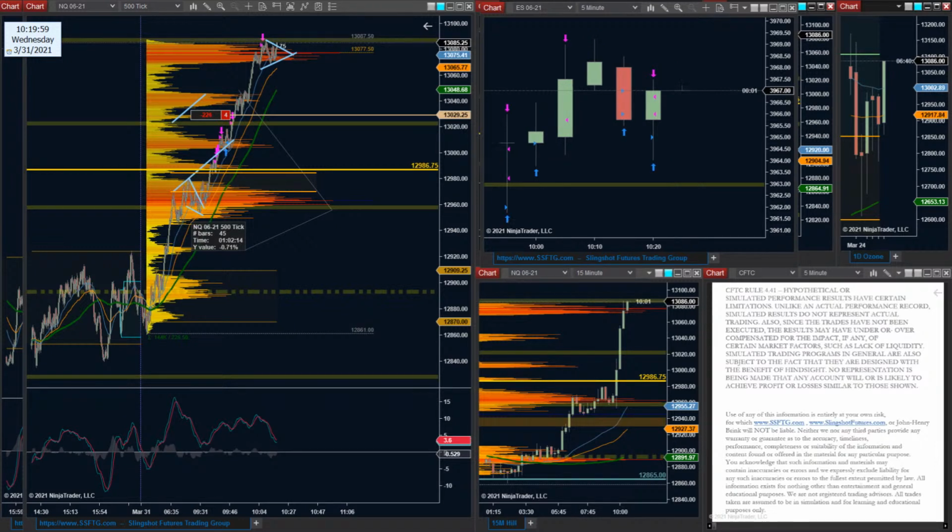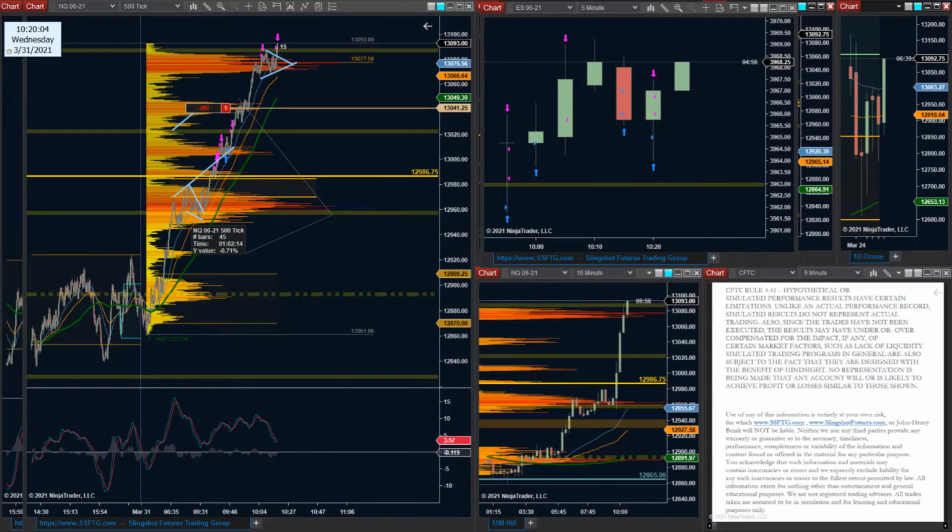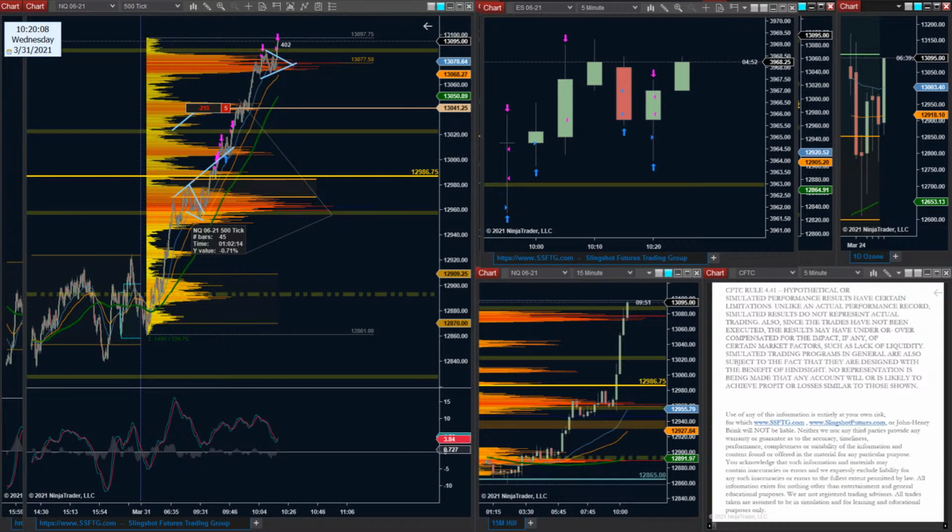Nice press up towards the highs here. Like to see it pulse through the top, and that will allow another potential zone of interest. Big blow-off move. Buyers are trying to pierce above the 1.5.